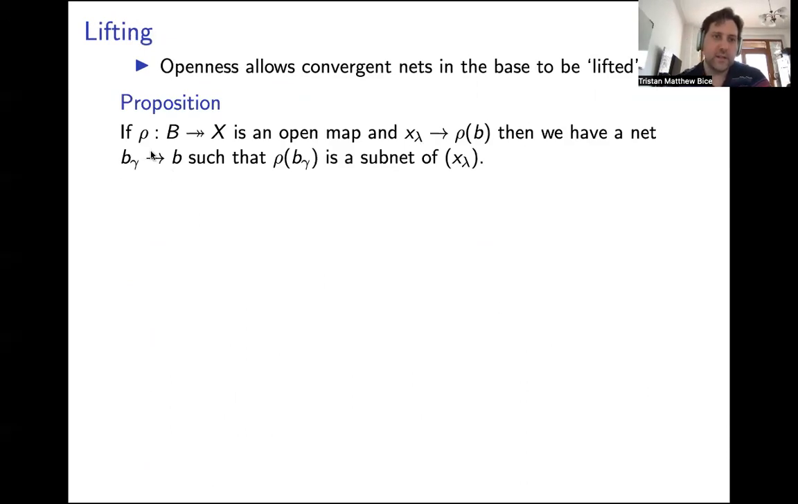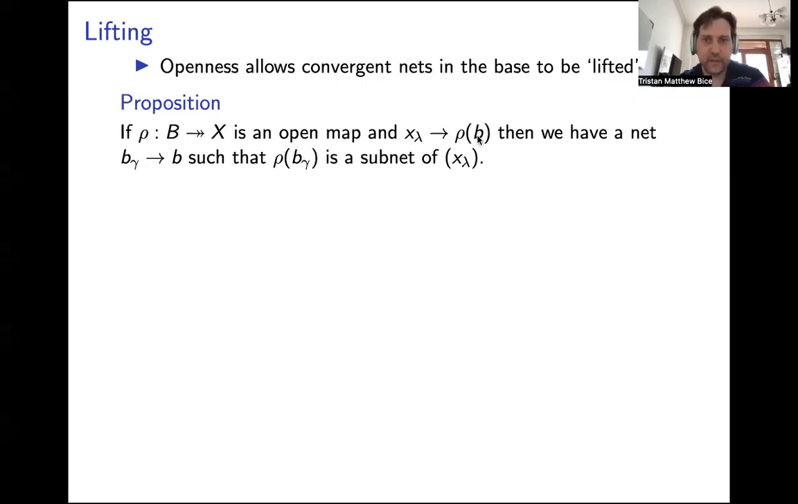So more precisely, let's say we have some rho now, which could be a bundle, or actually at this point, I think it just has to be an open map. It doesn't even have to be continuous. So let's just take some open map rho from B onto X. And let's say we have some convergent net x_lambda. And in fact, let's say it converges to something of the form rho(b). So it converges to something, and we're picking an element b, if you like, within the fiber that it